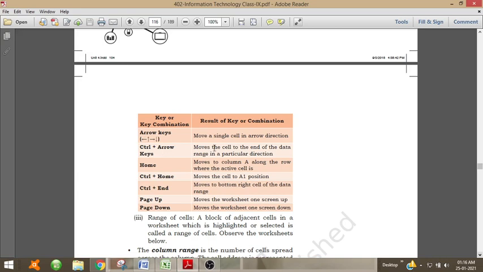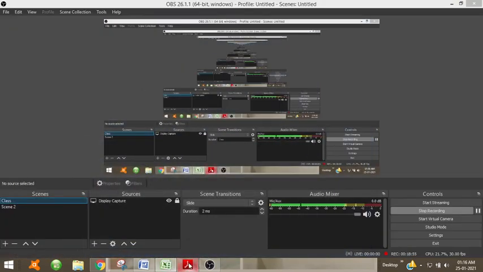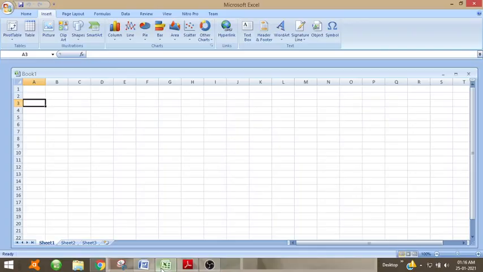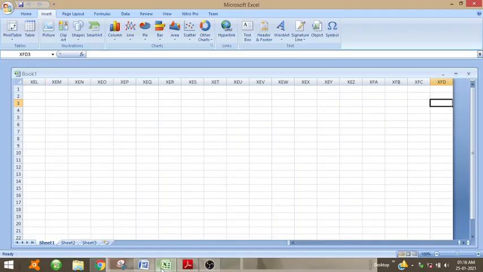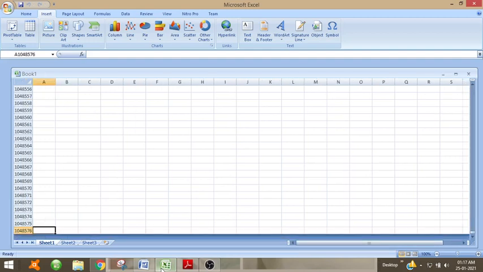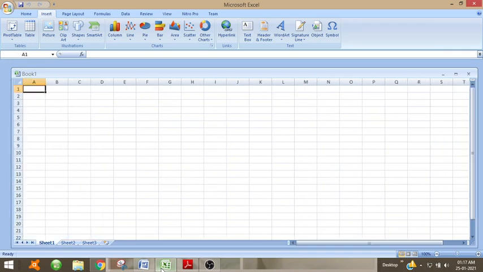Then control and arrow key moves the cell to the end of the data range in a particular direction. Here it will move to the end of the row and the starting of the row. By pressing control with arrow key, it will move to the starting and ending.